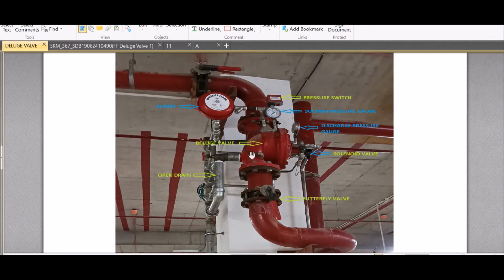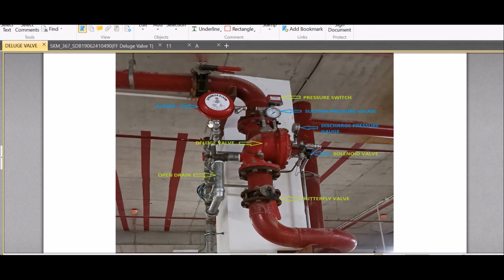And at the suction line, as I already showed in the deluge valve technical data sheet, on the suction side there is one suction pressure gauge, one pressure switch, one waste strainer, and an alarm gong with the drain assembly, open drain.